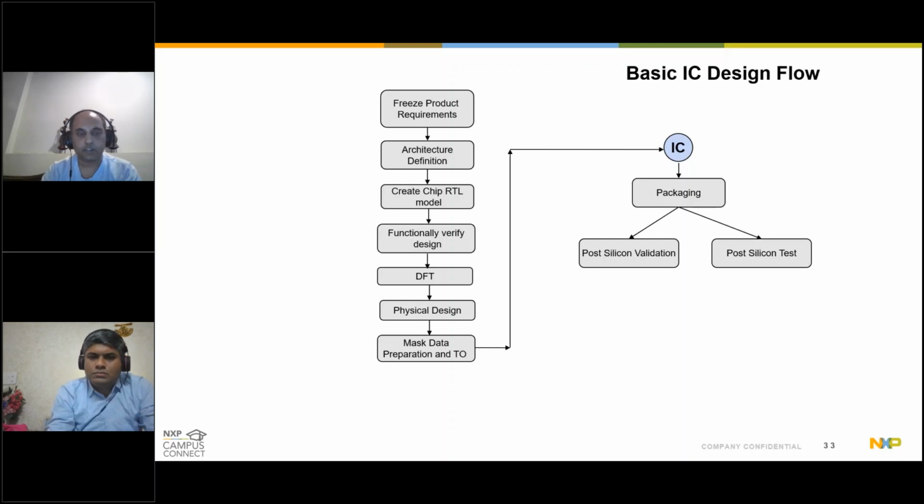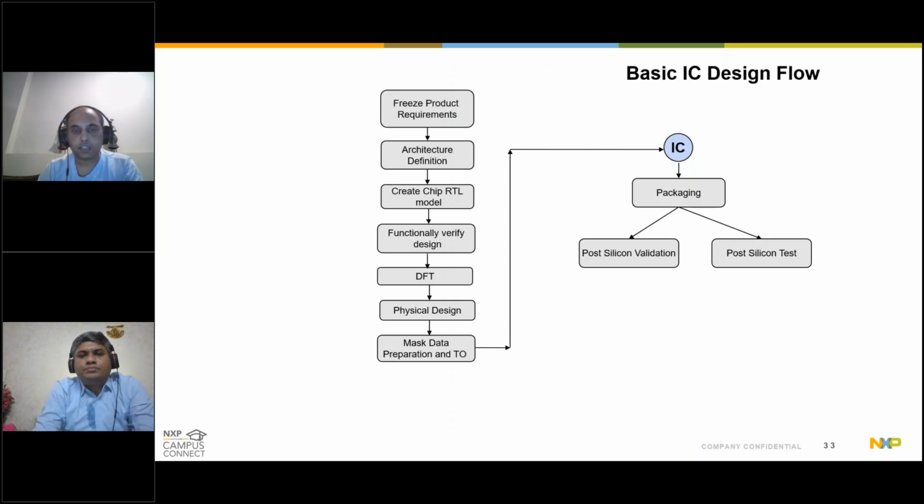And then physical design, so basically translating your netlist into a layout. All those steps which are needed in between are represented by a physical design process. Then mask data preparation and tape out. So ultimately, after physical design, your layout will be represented in terms of a set of mask layers, which will keep on varying depending on which foundry you are going to and which process technology node your silicon is targeted to. So your physical layout will be represented in terms of mask layers, and it will go to the foundry, and they will process those mask layers in a certain sequence, and that's how the end silicon will come.